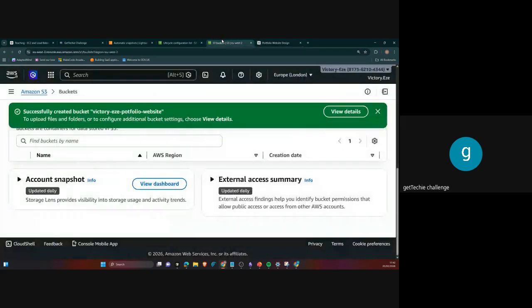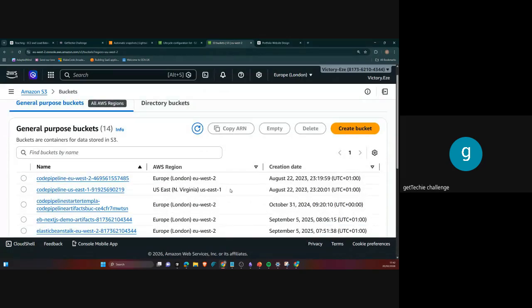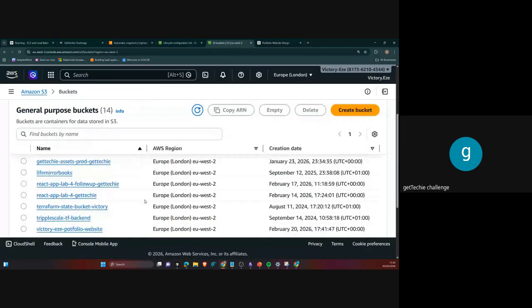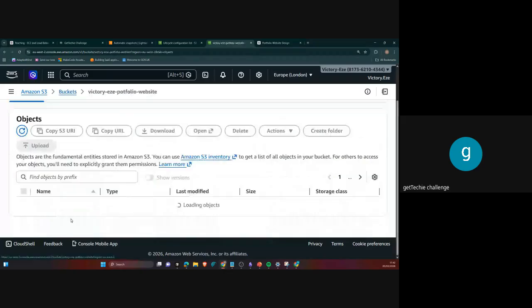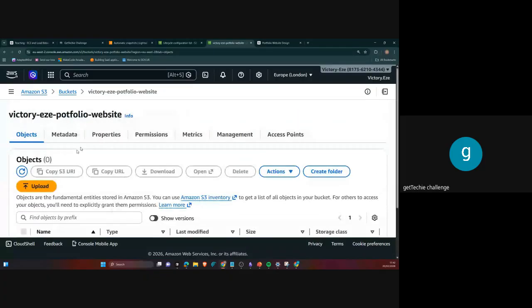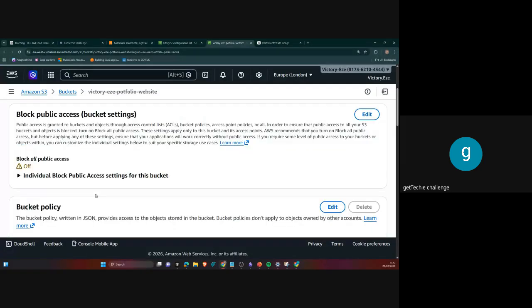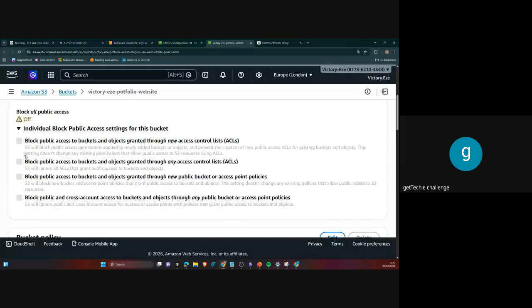Let's go back to our bucket. We have created our bucket, and we are going to be doing some things to it. I call it Victory's portfolio website, and we've already blocked out public access. What we are going to do is upload the objects in, and once we upload them, we are going to go to permissions. Apart from saying the public can now access it, we also need to write what we call a bucket policy for this particular bucket.